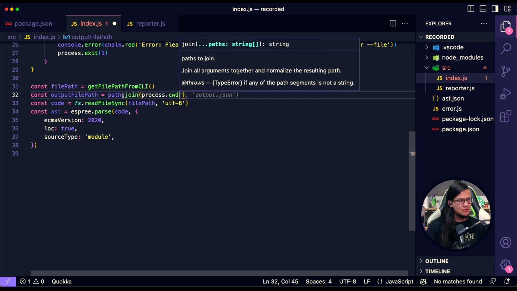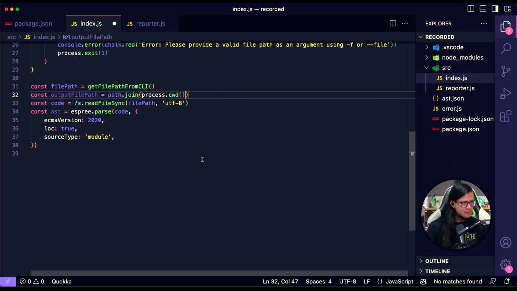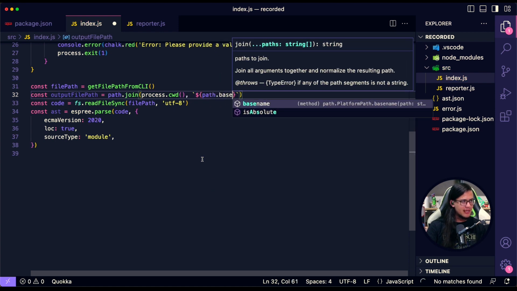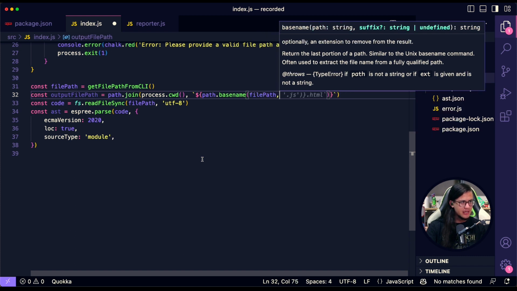Wherever you choose to run this command, it will be able to be executed anywhere on your machine, right? So I want to see the output in the current folder where you're executing this command. So I'm gonna get the current working directory,